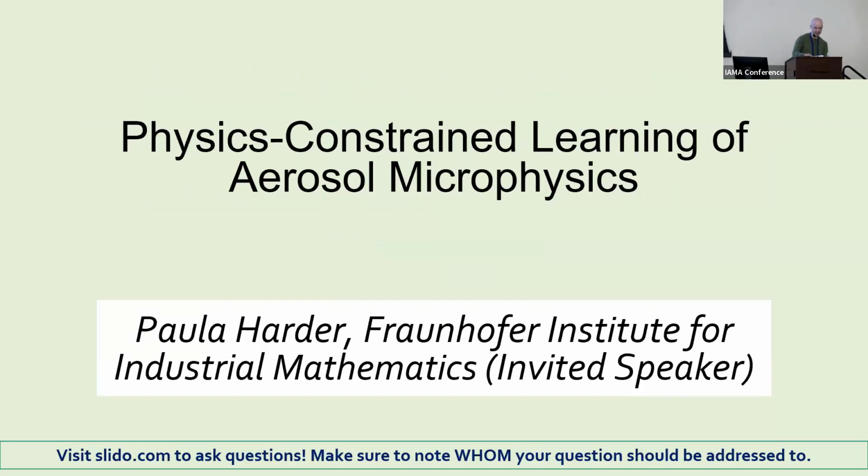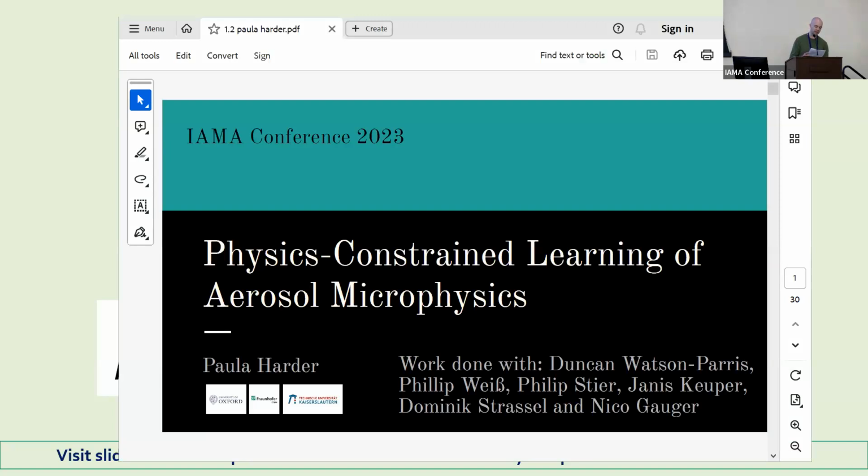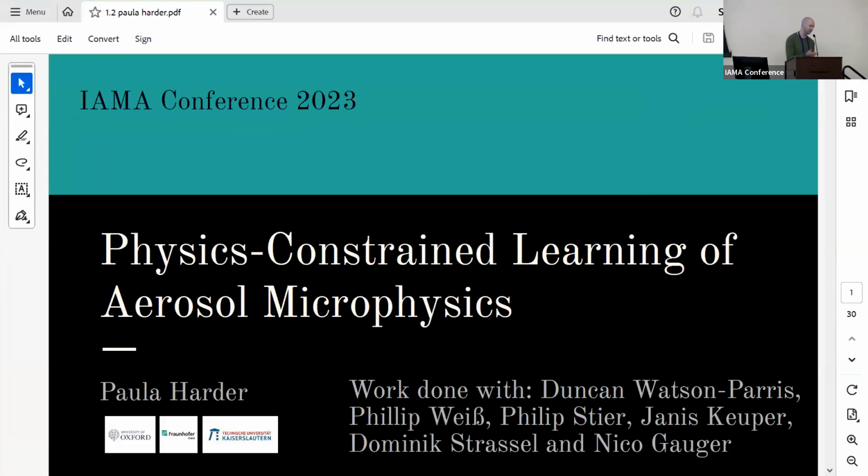All right, so our next speaker is Paula Harder. She is a PhD student at Fraunhofer ITWM. I don't know what that stands for. What does it stand for? Something in German. All right, industrial mathematics. There you go. She's a final year PhD student working on deep learning for climate modeling together with that university, the University of Oxford and Quebec AI Institute. She's particularly interested in integrating physics constraints into neural networks and speeding up climate models with machine learning. She has worked with aerosol models, wildfires, and super resolution. So everybody, welcome Paula.